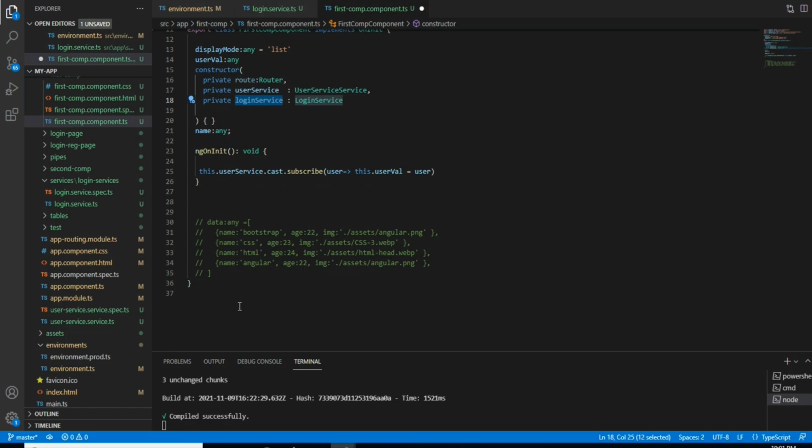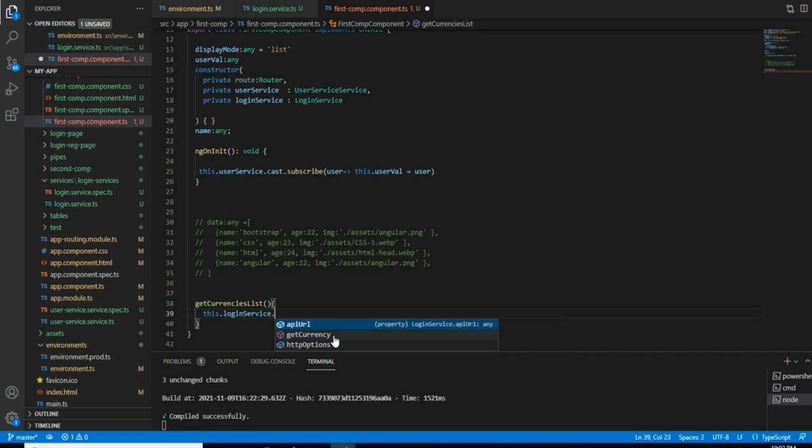So here we'll copy this, and I'm writing a function here, get list. This dot login service dot, so we got the three functionalities.